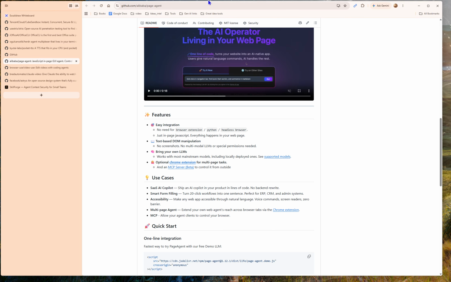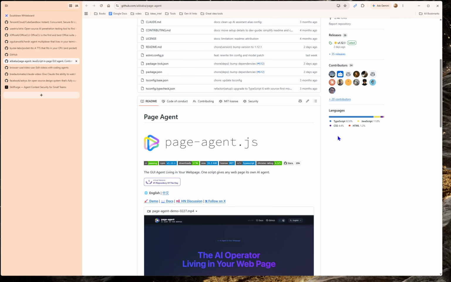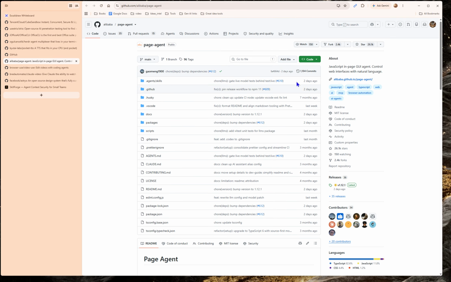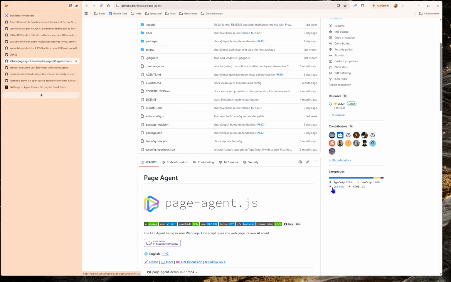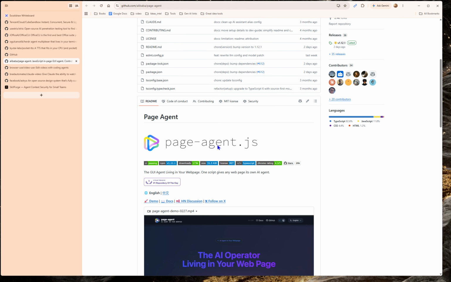It kind of sees, okay, this is the page, it takes a screenshot, and then it says, okay, I need to click here. So it gives the next feedback, like this is the exact pixel where you need to click, and then again a screenshot comes back, and again the LLM tries to predict, okay, now next you need to go here, now you need to go there. So it works on the computer vision part of things, right? So you basically work with the screenshots. Now what this Page Agent is trying to do is,